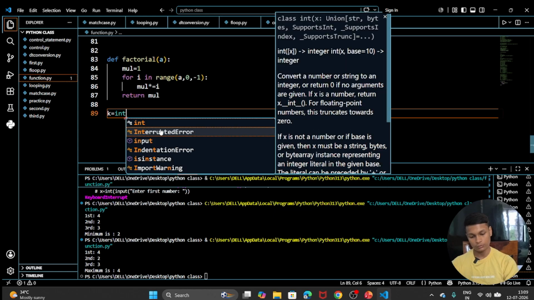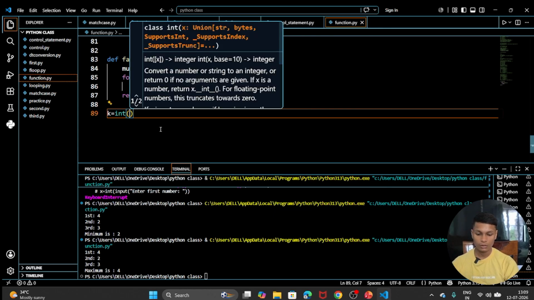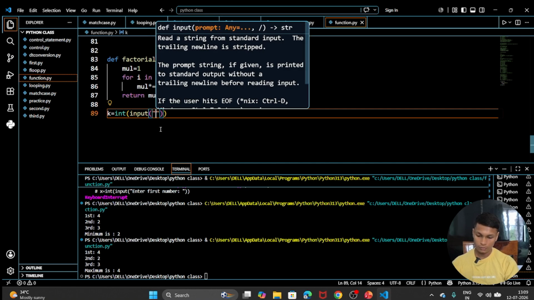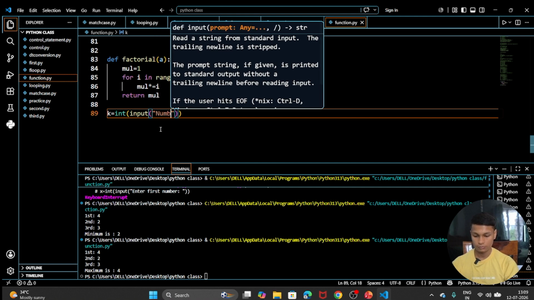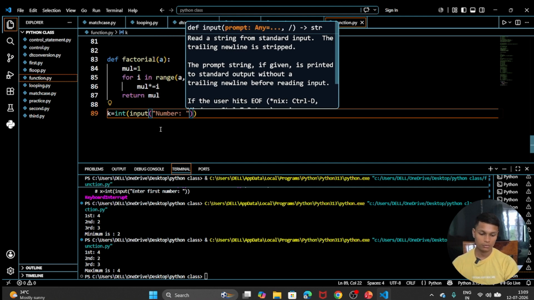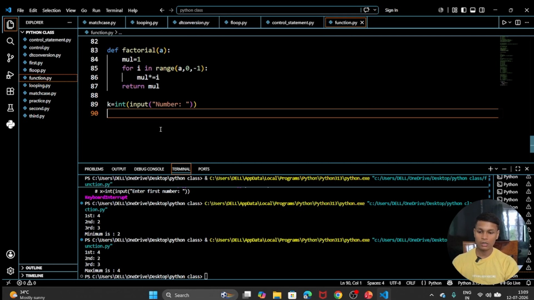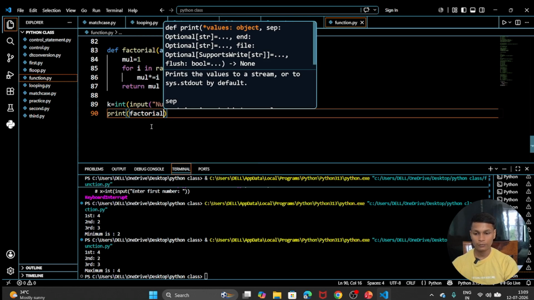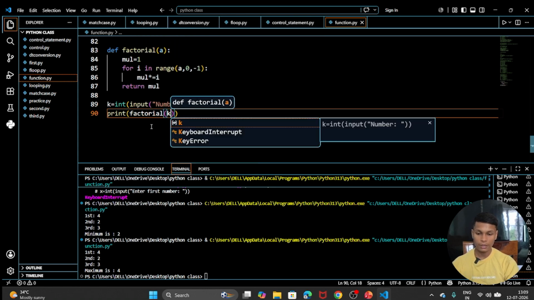K is equal to integer input, the number we are going to give as input. After that, what we are going to print, because here return was there, that's why we are writing print here, printing factorial of k. Okay,